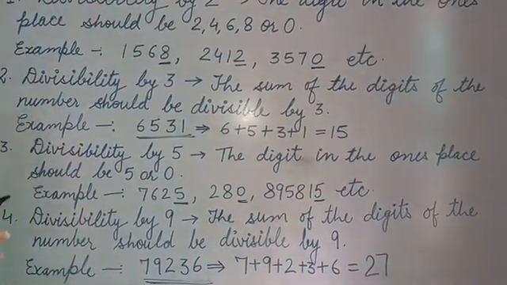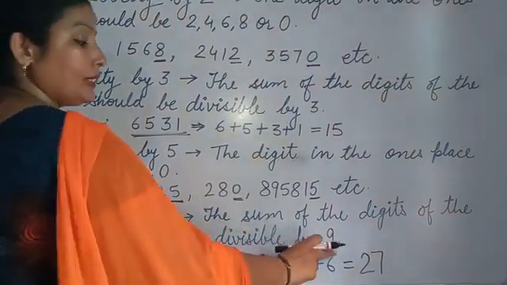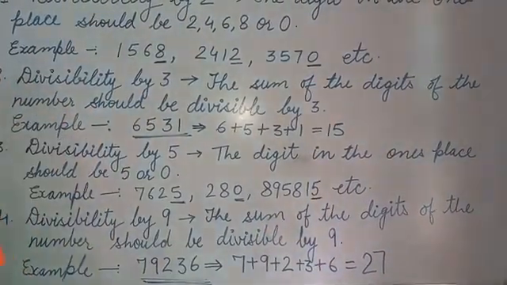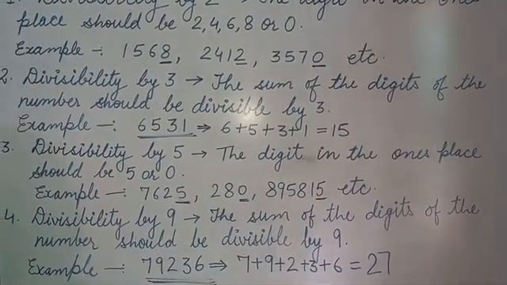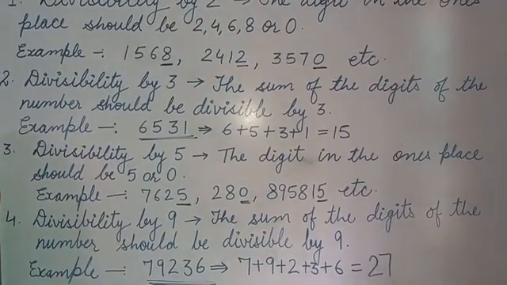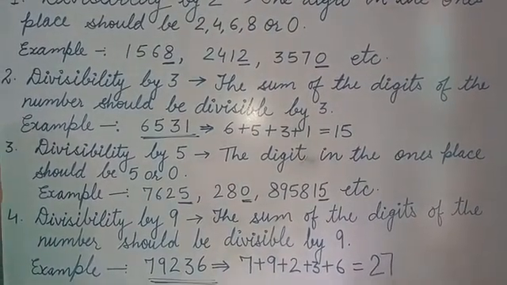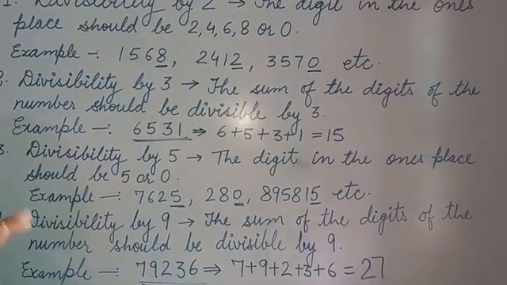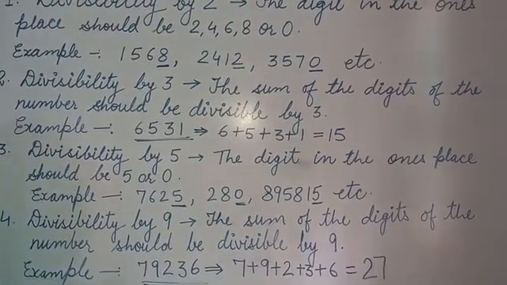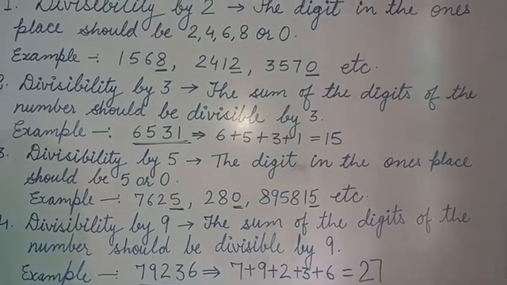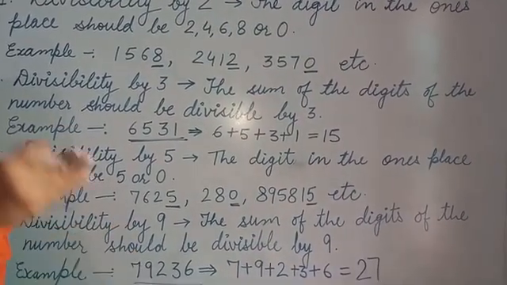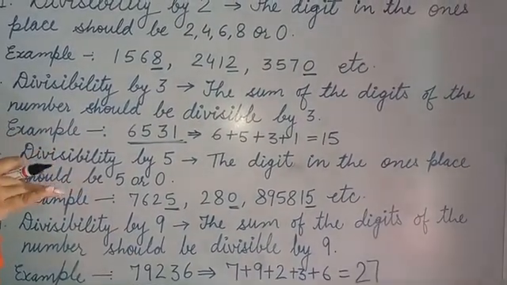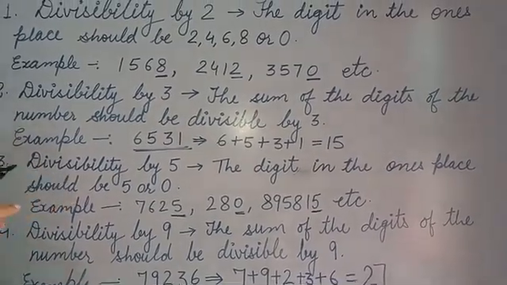Okay. But the number which is divisible by 9 is 100% divisible by 3 also, because the numbers which come in the 9 table also come in the 3 table. That means जो भी number 9 से divisible होगा तो वो 3 से भी होगा, क्योंकि 9 की टेबल के सारे जो नंबर्स हैं वो 3 की टेबल में भी रिपीट होते हैं. That's why. Okay. Then next, divisibility.